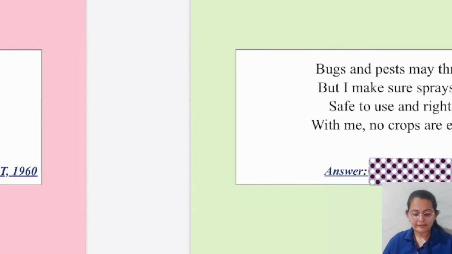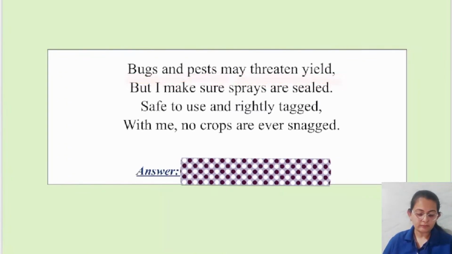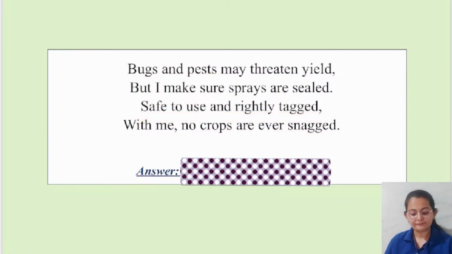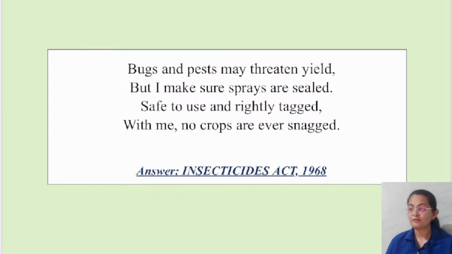Rohit, okay. Next is, bugs and pests may threaten yield, but I make sure sprays are sealed, safe to use and rightly tagged. With me, no crops are ever snagged. Bugs and pests is one keyword. This is the act of... Can you name which act it is? Let me show you. It is all talking about the Insecticide Act of 19